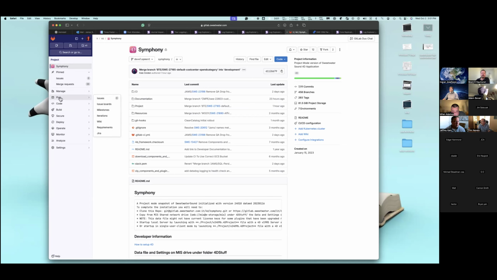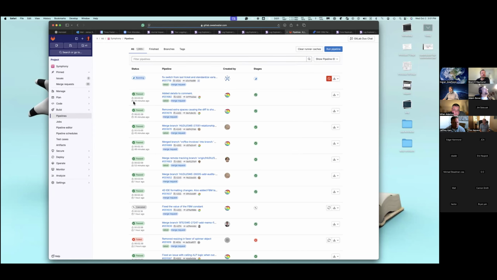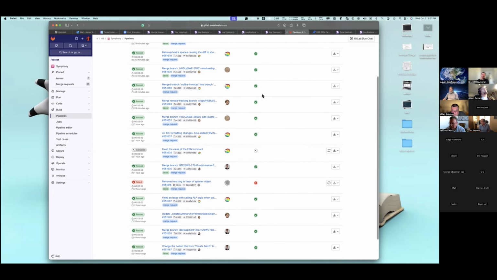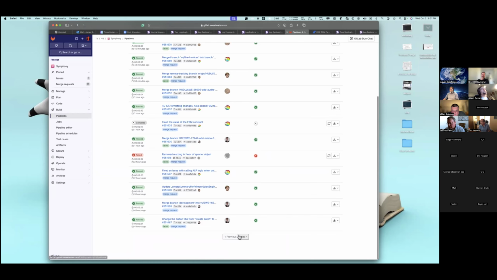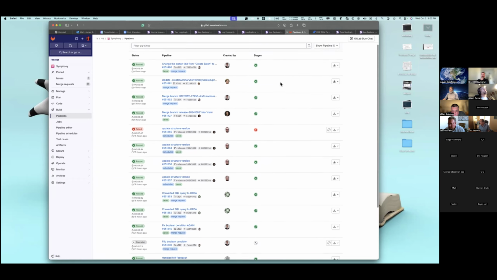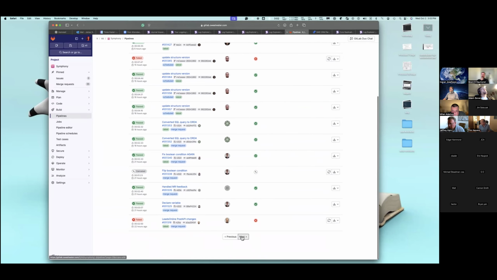And if I were to go to build pipelines, you can see on this screen here's a pipeline that's running right now. It's most likely just a check syntax that's running, yeah. But you can see there's only one dot here in the stages of the pipelines. But if we click through here to where they have built a new release,